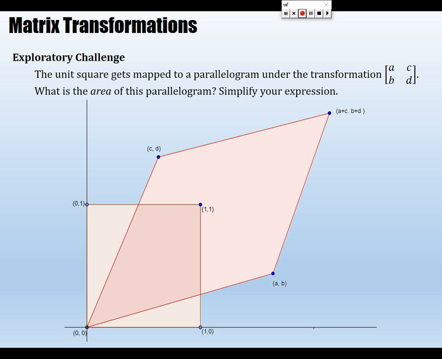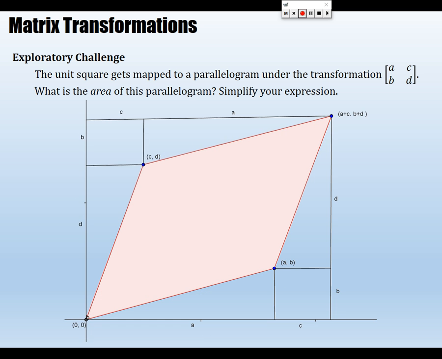A, B. Where does 0, 1 go? C, D, right here. And where does 1, 1 go? It goes to A plus C, comma, B plus D. And of course 0, 0 stays where it is. So this is the pre-image, the unit square, and the parallelogram here is, after that transformation,